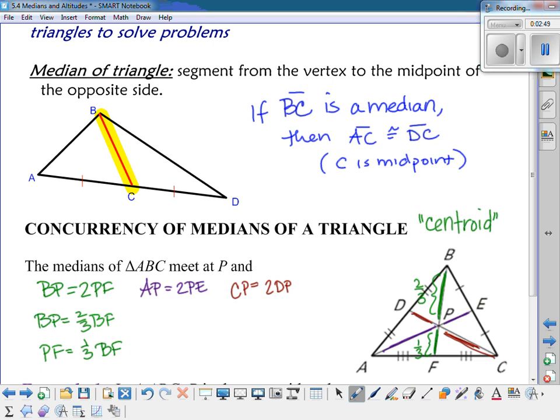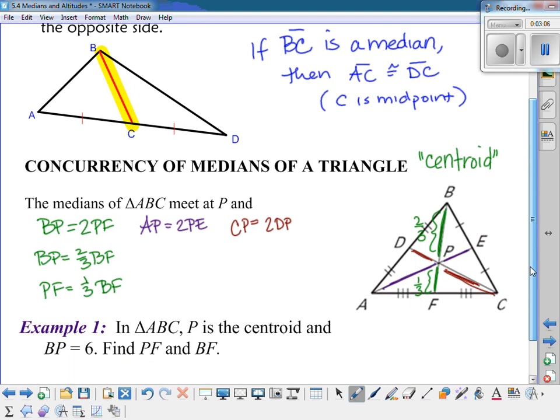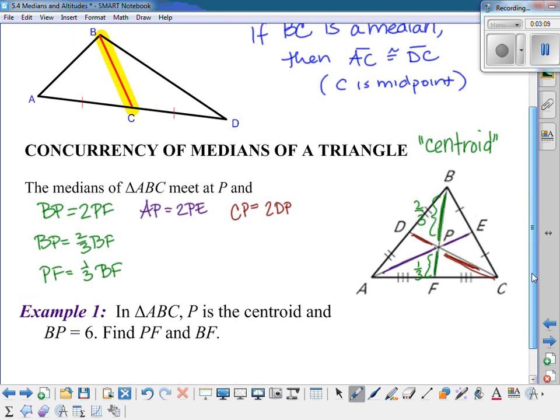And the same would be true for AE and CD as well. So you can look at it any way you want to, whether you use that one piece is twice as long as the other piece, or the 2/3 relationship, whichever way is easier for you, you can use. So in example 1 here, we've got the triangle,